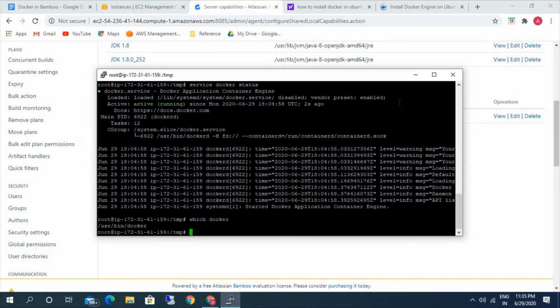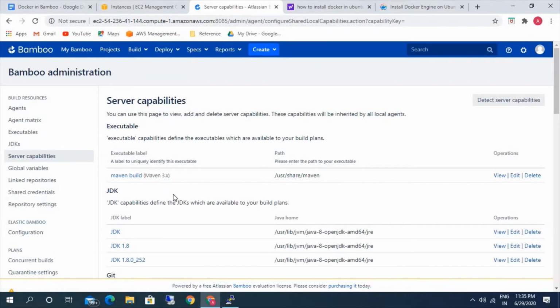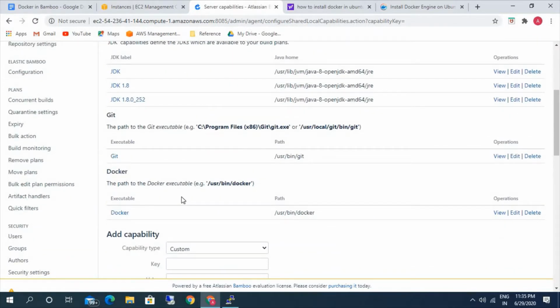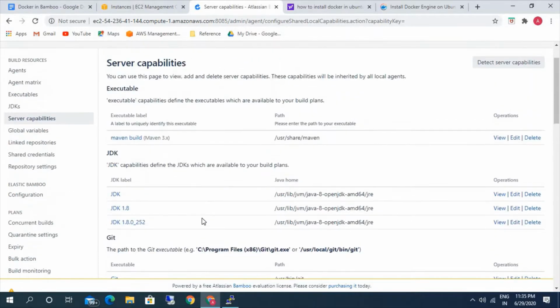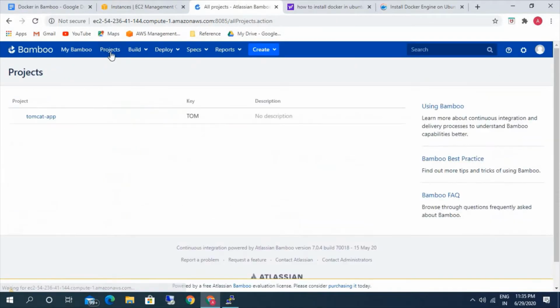So it's /usr/bin/docker. You can use the same path here and click on add. We are required to add this capability. If not, while using the Docker task, it will not identify this agent as having Docker installed on this server. So it is mandatory that we do this before we start our project.